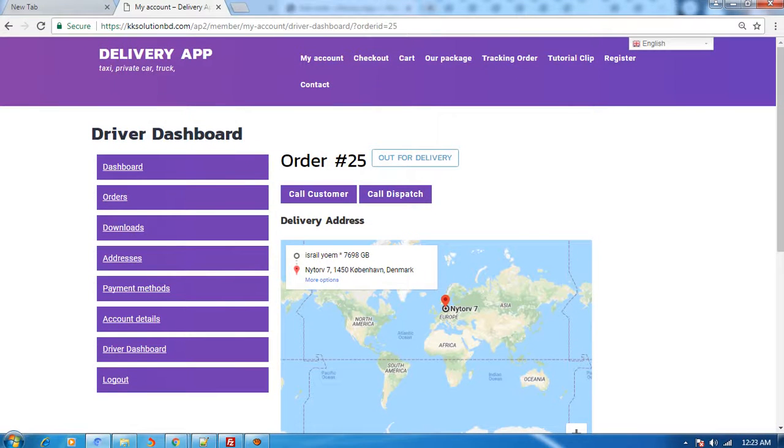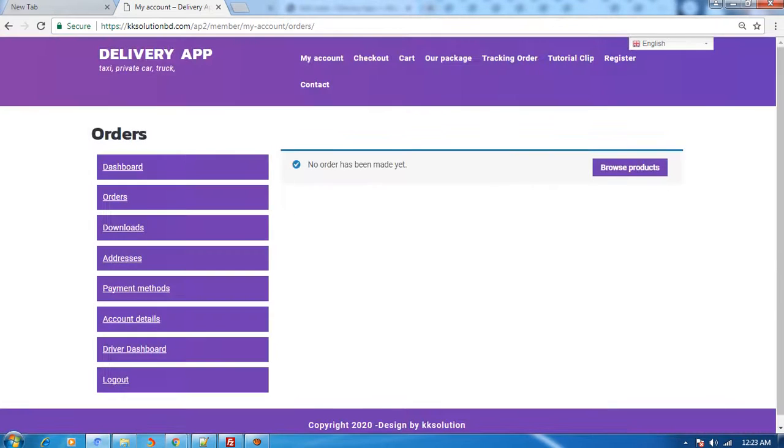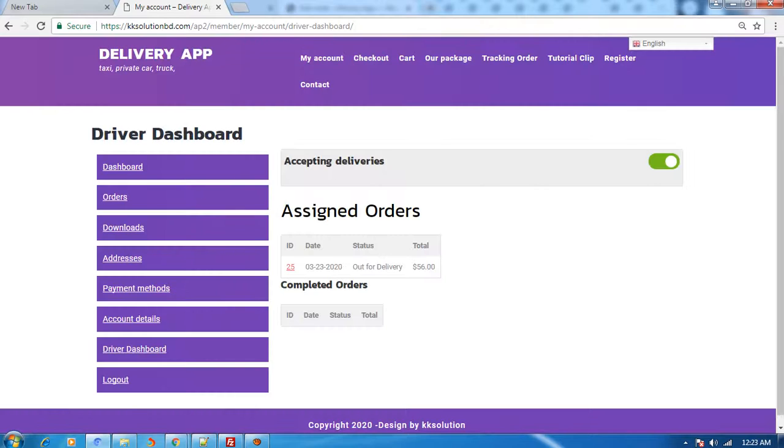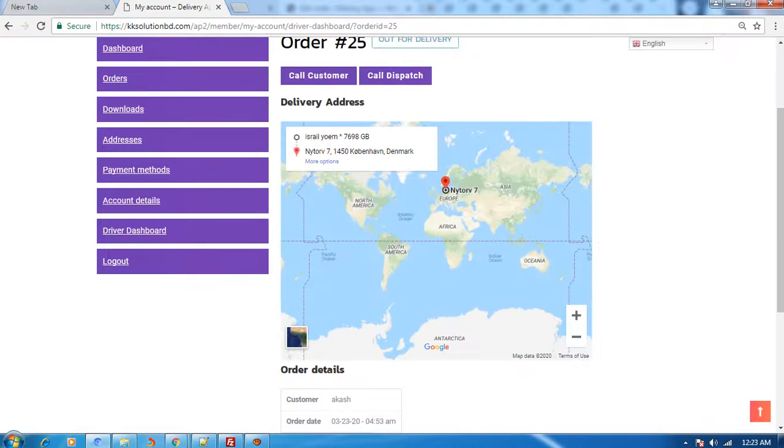Sometime after, in the driver dashboard, he can see this order assigned. Click, and this address.